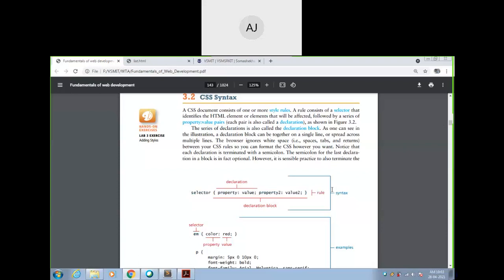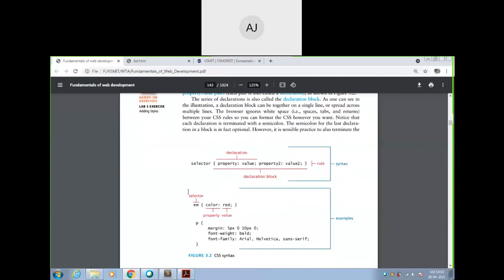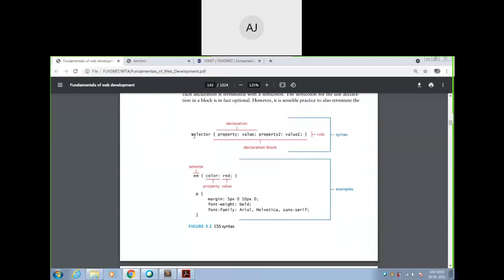For example, one person has different roles. When you are in college, you will be a student. When you are at home, you will be a son or a daughter. Or when we go for the elections, you will be a citizen of India. The person will be the same, but his roles, or his style, will be different. In the same way you can write anything in this particular format. So what does the syntax say? Selector. Now this selector means nothing different, it is just an HTML tag.